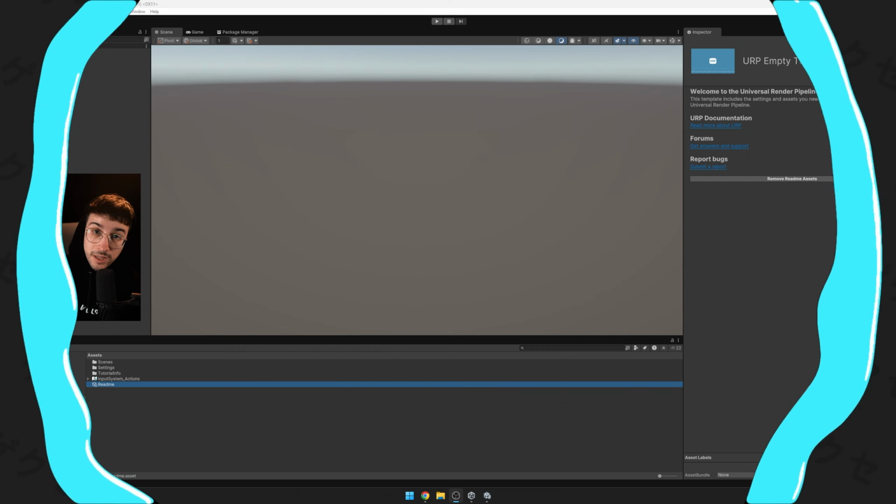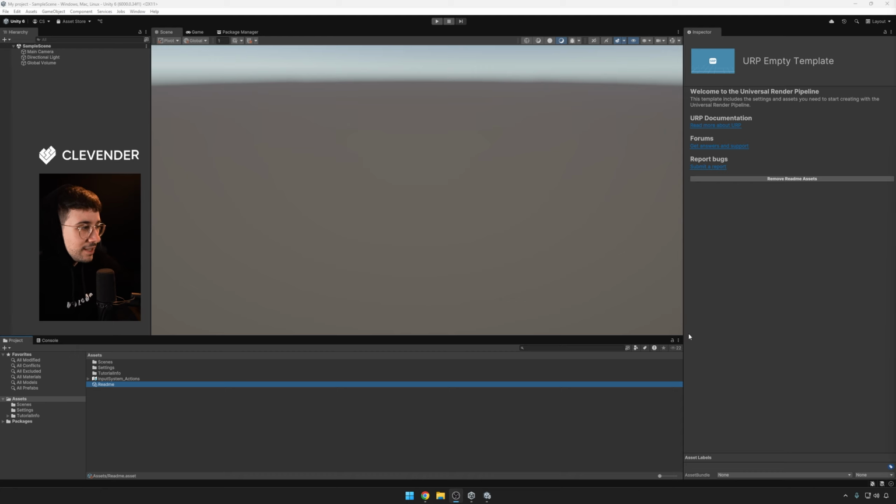It's about time for you to create your own Unity VFX scene. And that's gonna be easier than you think. Don't worry about it. So let's jump right into Unity. And you'll find out that whenever you created your project, this inspector window popped up with the URP empty template